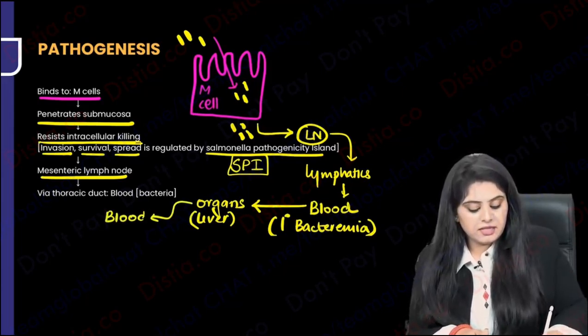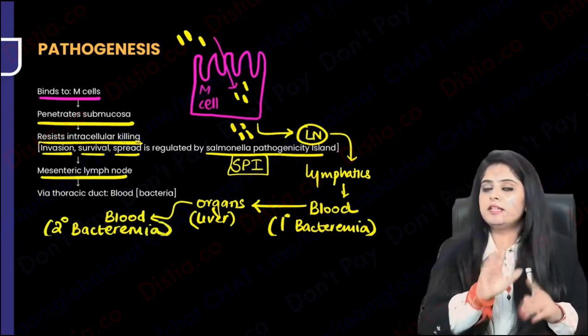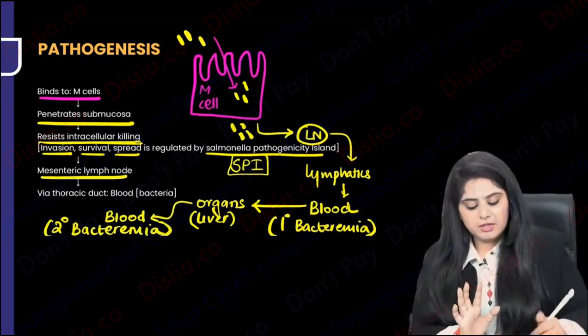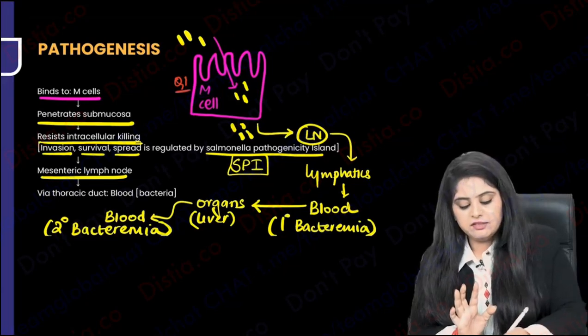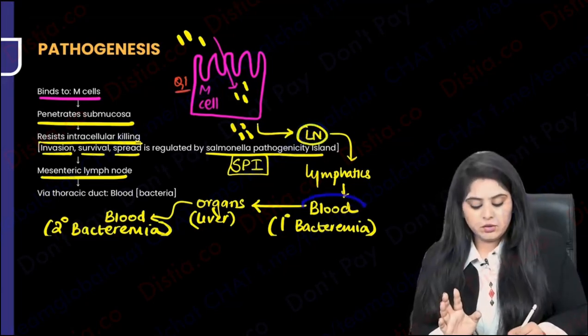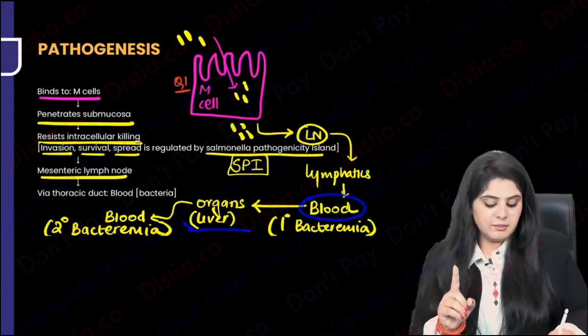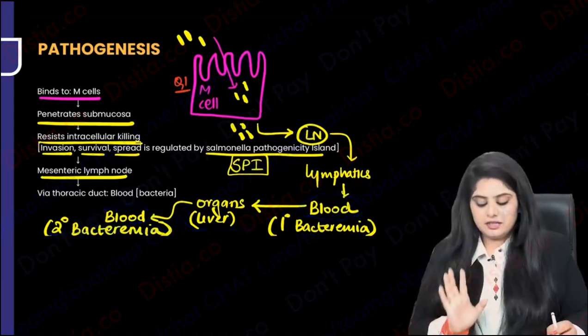again come out into the blood. Can I now call it secondary bacteremia? I can call it secondary bacteremia. I've told you the detailed pathogenesis for you to listen to once and then just know that primarily what happened. Question number 1, it went into the M cells. After that, it survived and went to the lymph node. From the lymph node, it has gone into the blood, so primary bacteremia. Then roaming around from the other organs, it again came into the blood, so then that was secondary bacteremia, right?